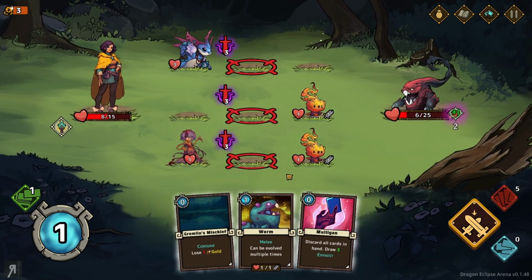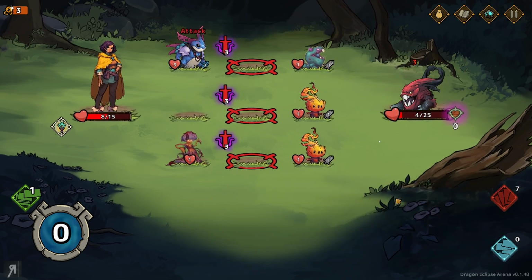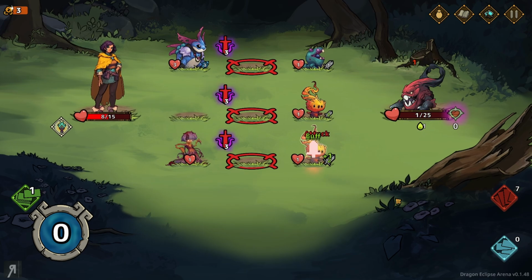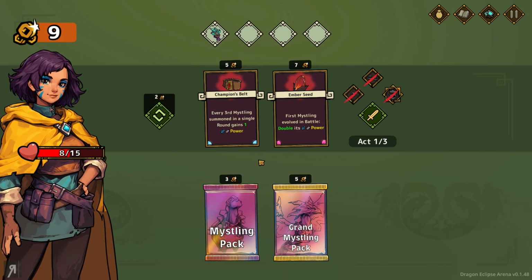These ones are really, really strong. If only I could get more of them. It would be very cool if we could get more of them, but I think we're going to be achieving victory here anyway. Maybe? Yep, there you go. Nice. Nice and easy. There we go. And we got 6 gold. And we now take something...